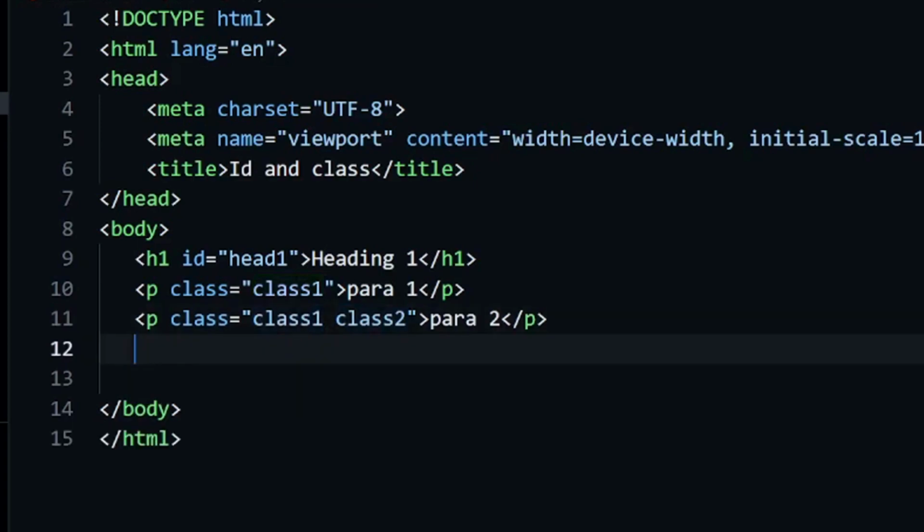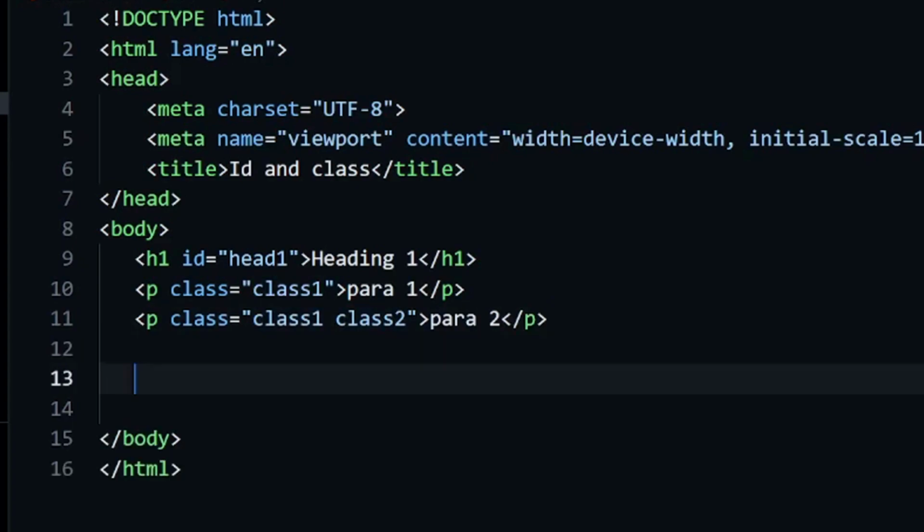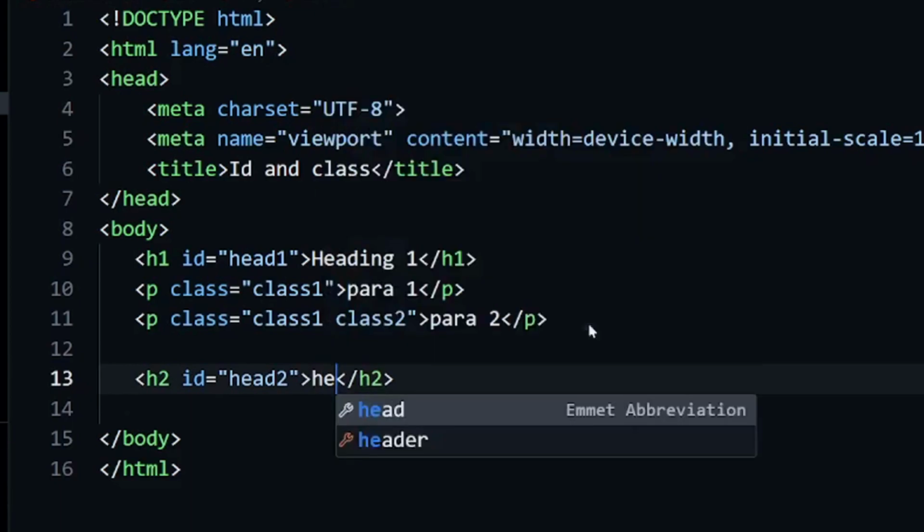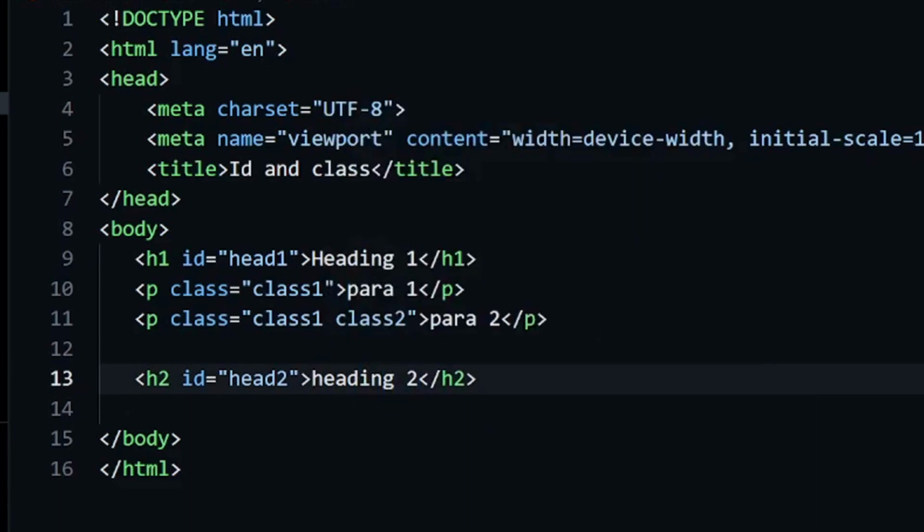So how can you write these types of elements? Firstly, you can use an ID. For example, I want to write an h2 with the ID head 2. For that I can use my element name, which is h2, and for the ID I have to use a hash and then the ID name, head 2. So I can write my element with an ID quickly.